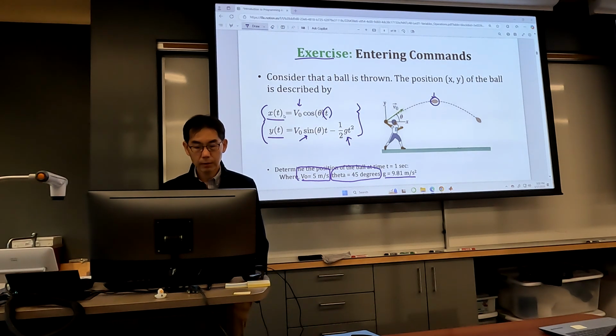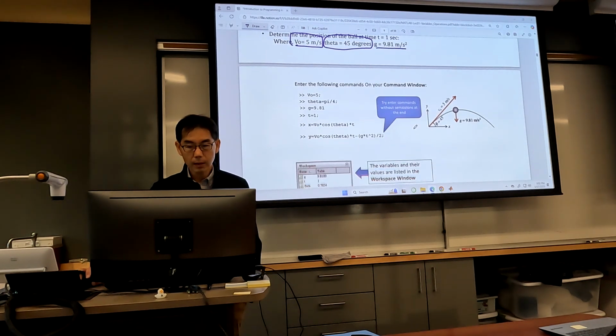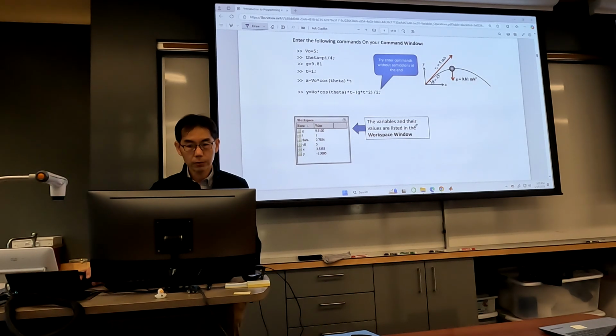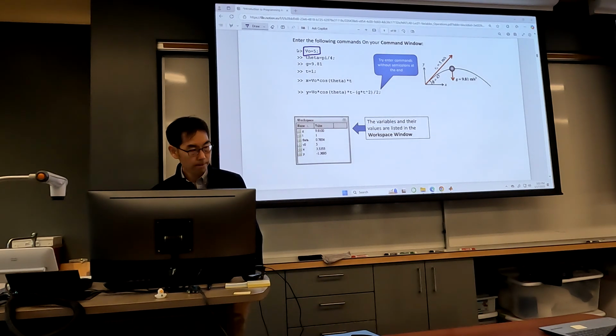So using these simple equations, we are going to get some x and y. So go to your command window and then try to type all these kind of things. Right now, I just want you to compute. I just want you to assign what is the initial velocity. So you just create the initial velocity, and then